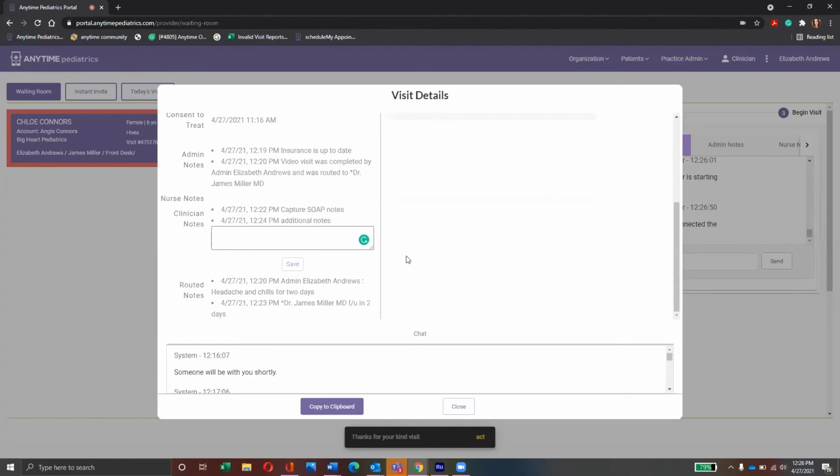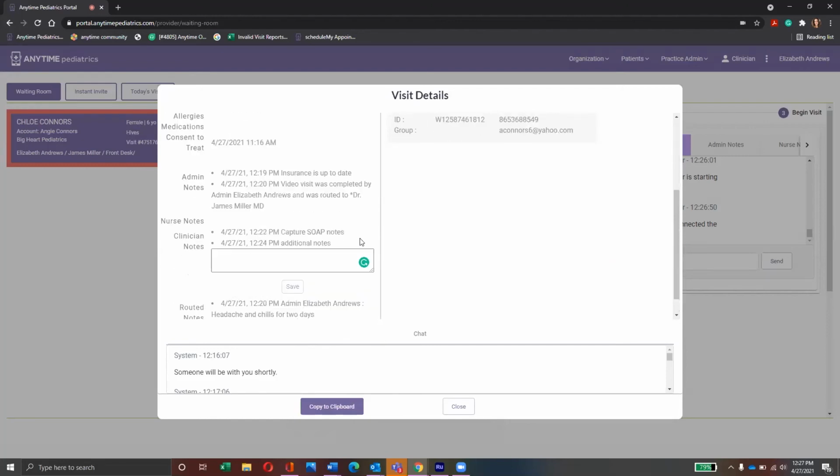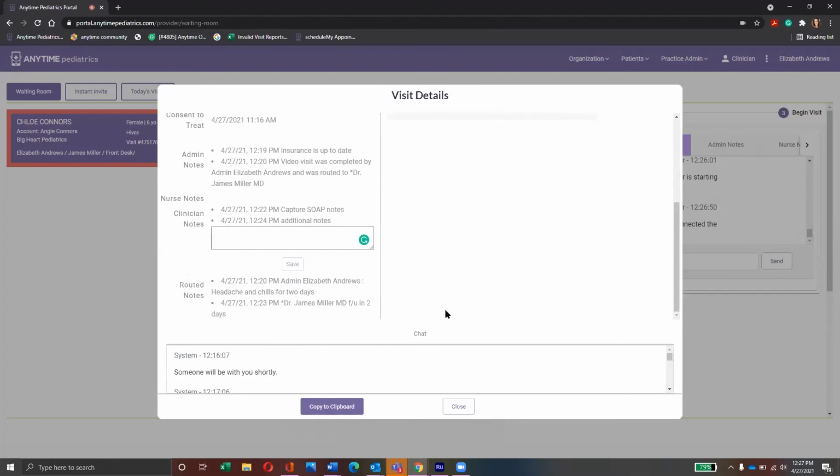Not only did the clinician get the visit details pop up, but I also have that information as an administrator. So I can also copy this entire screen to clipboard and paste it directly into our EHR. I can also add additional notes if I would like to. But since everything looks good and I have everything I need as an administrator, I'm just going to close out